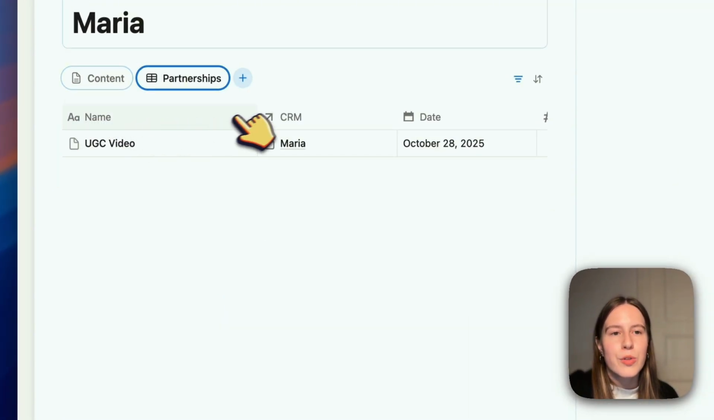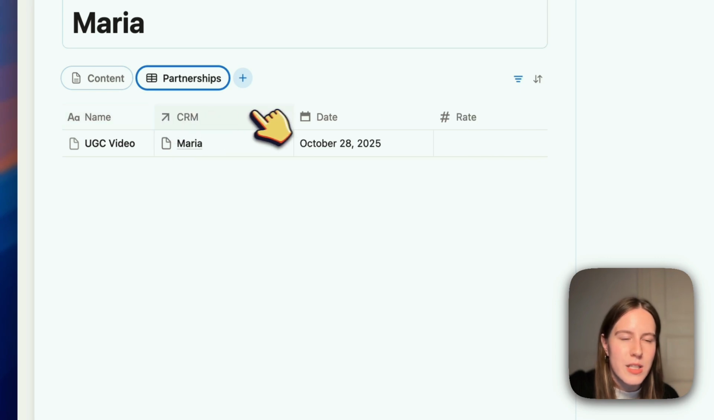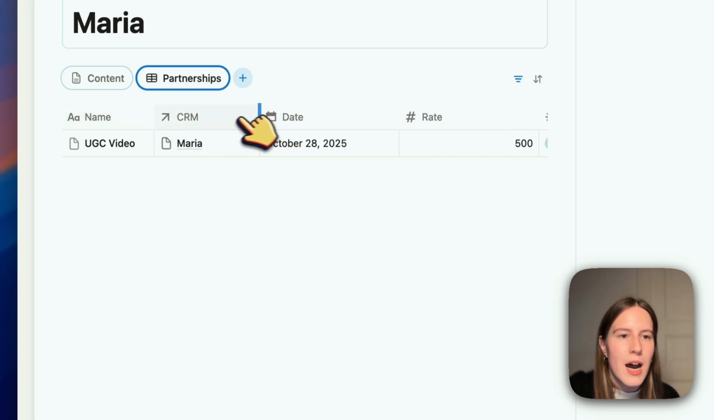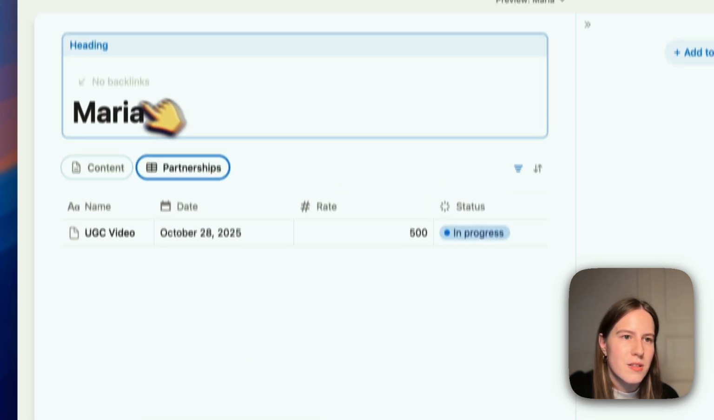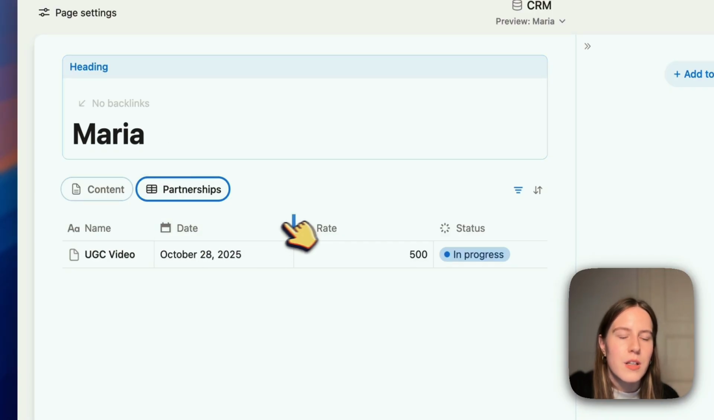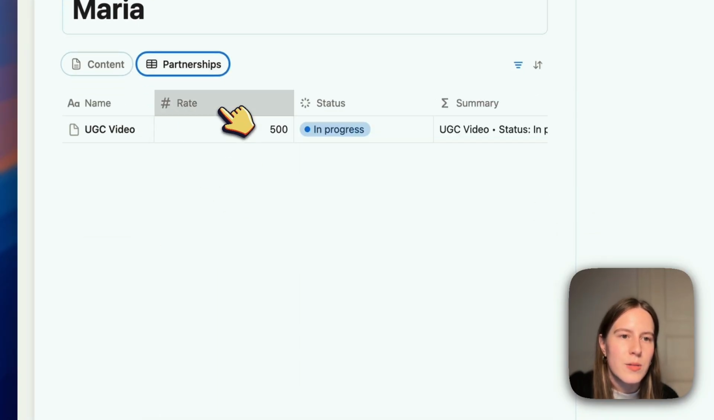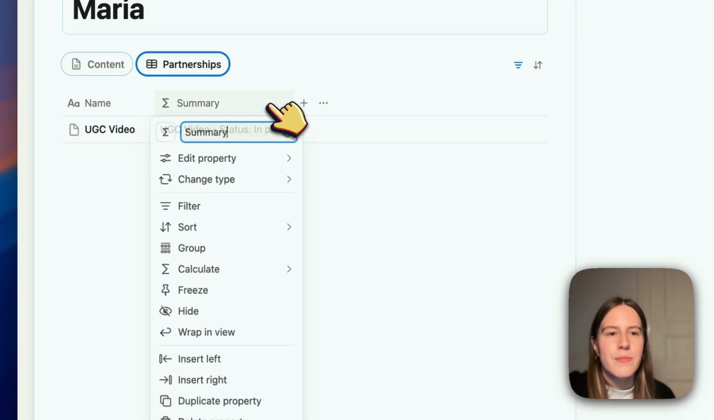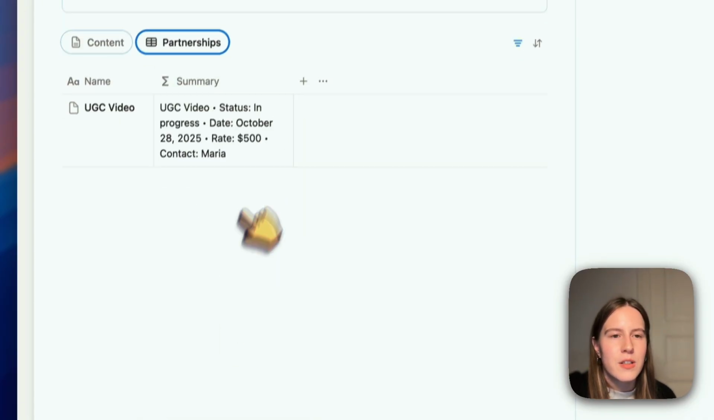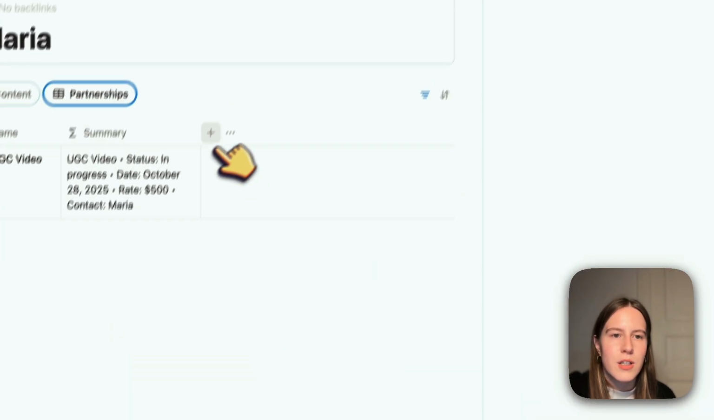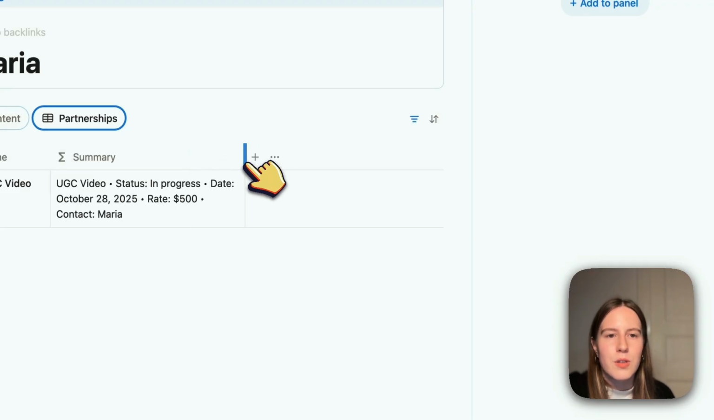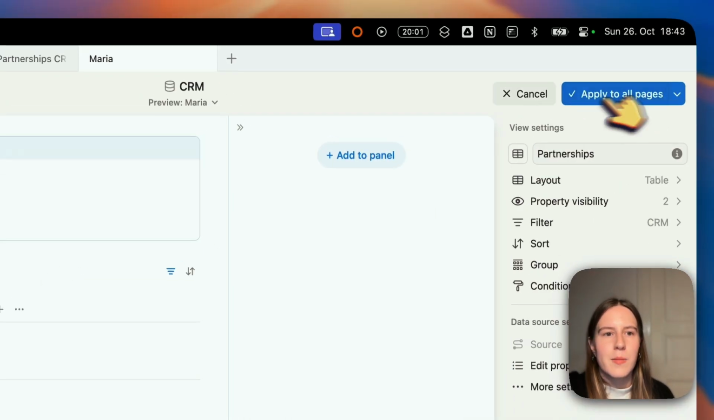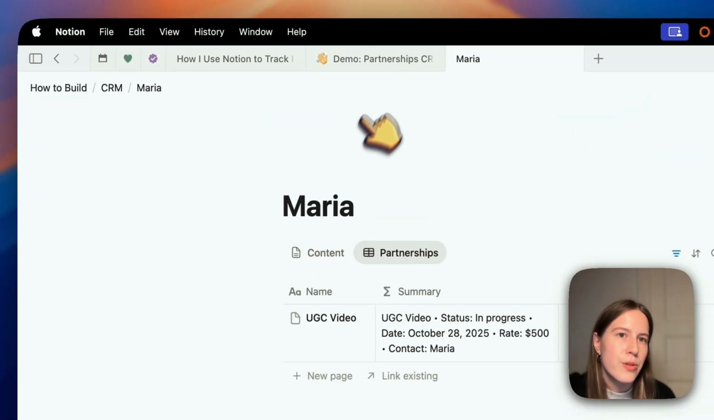And now I'm going to tweak the formatting here a little bit. So I'm going to hide the name of the person because it says so here. I'm going to hide all of the properties, actually, other than the summary. And I'm going to wrap the summary in view like this so that you can see the full summary here. And I'm going to apply to all pages. So now whenever you open